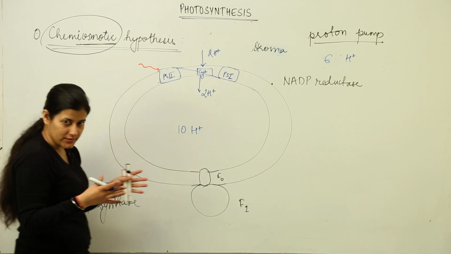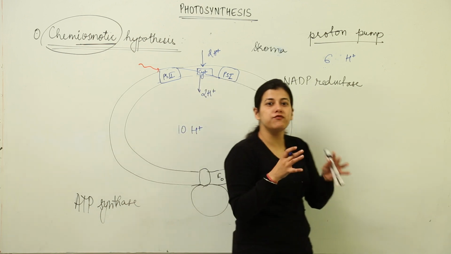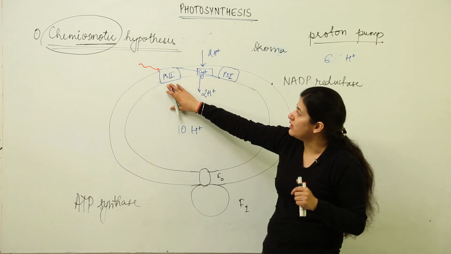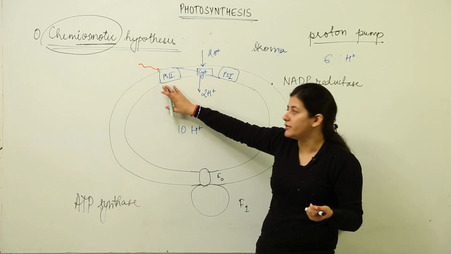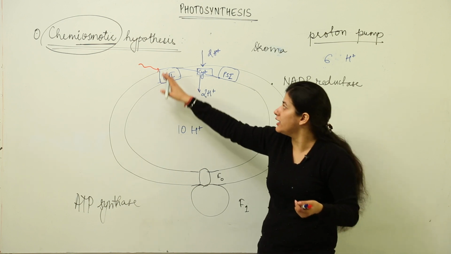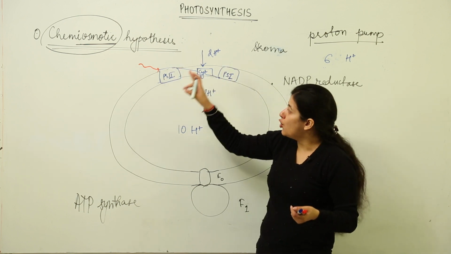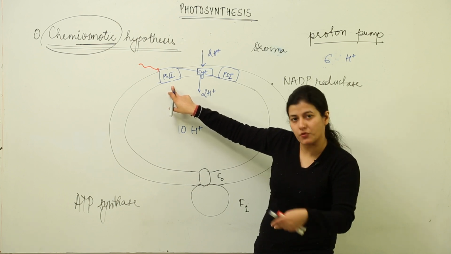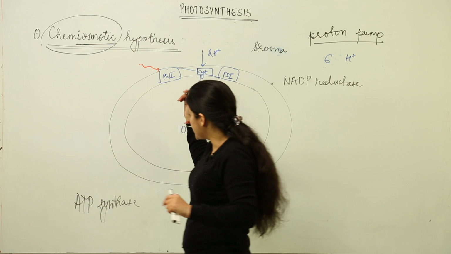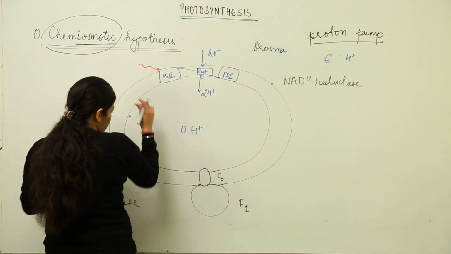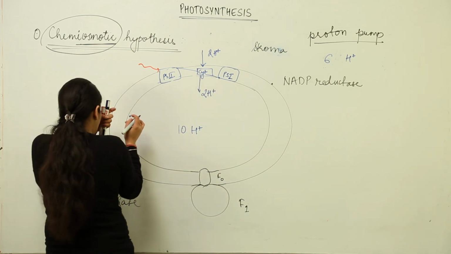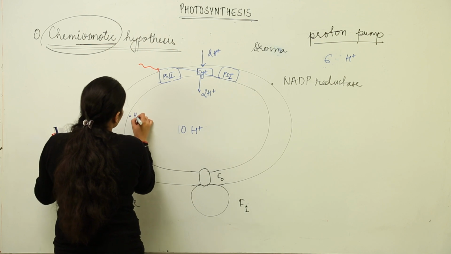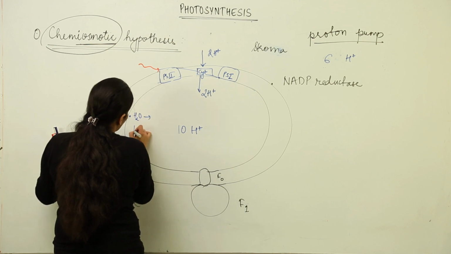At the same time, as you know, there is splitting of water in order to meet the charge requirements of photosystem 2, because the electrons are getting excited. Who provides electrons to photosystem 2? The water molecules after splitting. It provides the electrons. So at the same time, there is splitting of water near the inner membrane, and what happens is that water breaks up into